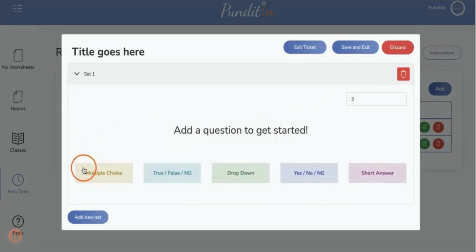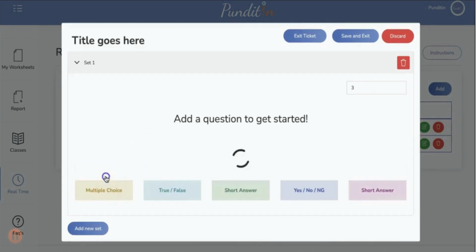We have 5 different question types. All of these question types are auto-graded except for the short answer question, which you will need to manually grade by just enabling an option to give them the mark, or not. So now, if I click on the multiple choice option, I'll add my question in this box,